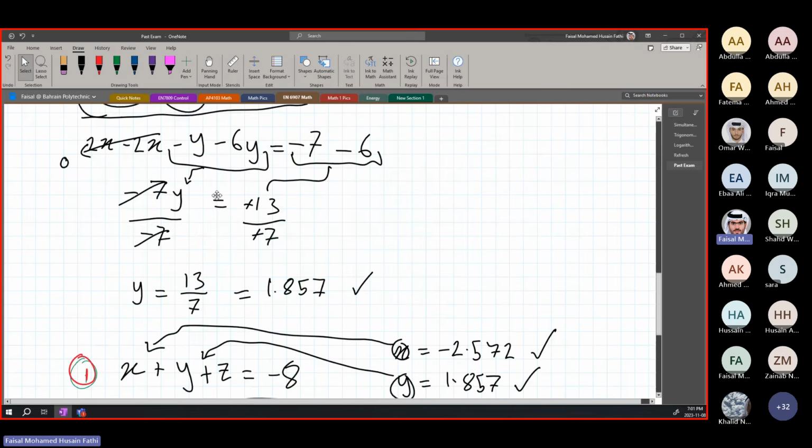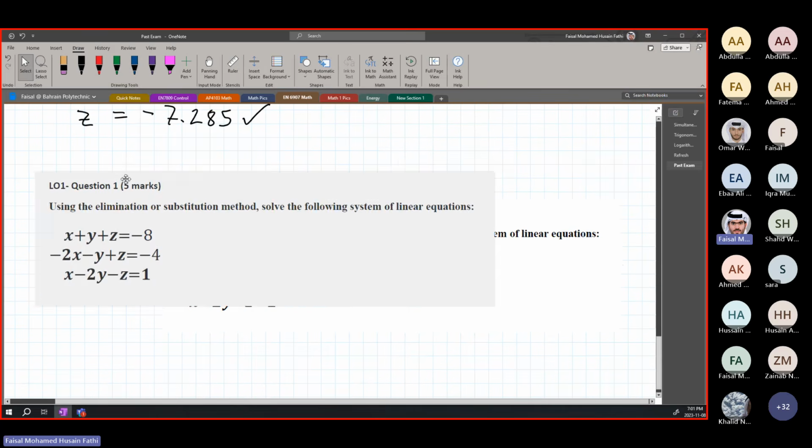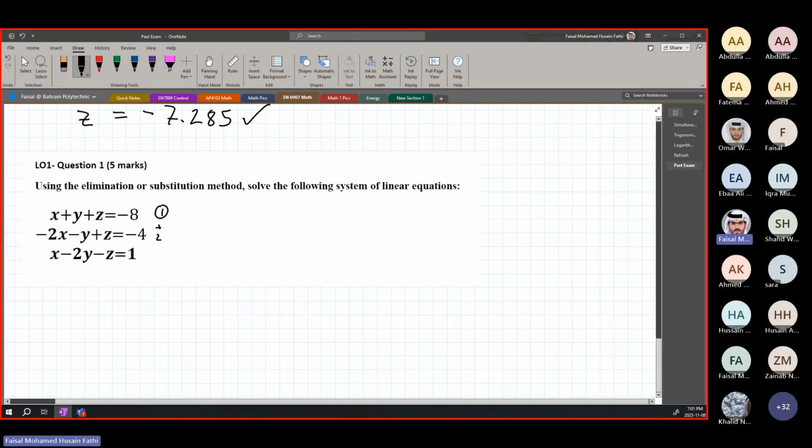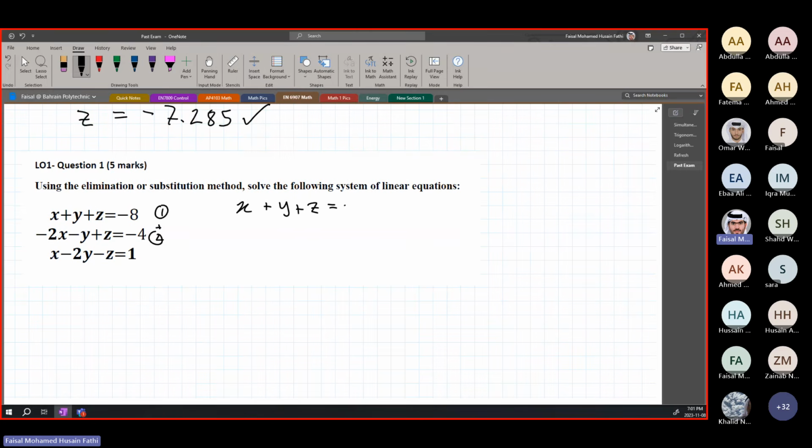Here we did copy paste quickly. Okay, if we now choose 1 and 2, then 1 plus 2, okay, the simultaneous equations: we have x plus y plus z is equal to minus 8, and the second, minus 2x minus y plus z is equal to minus 4. If we are trying to eliminate z, remember that during elimination, when you're doing it twice, you have to do it for the same variable, so that when you are finding the last two equations there are only two variables, not three.